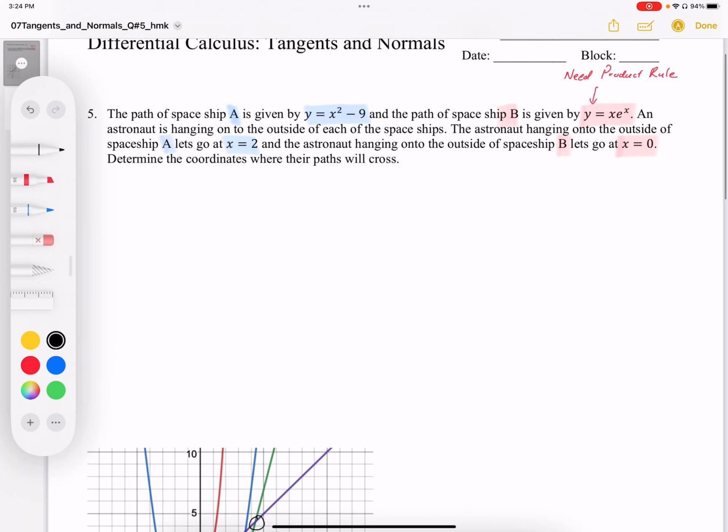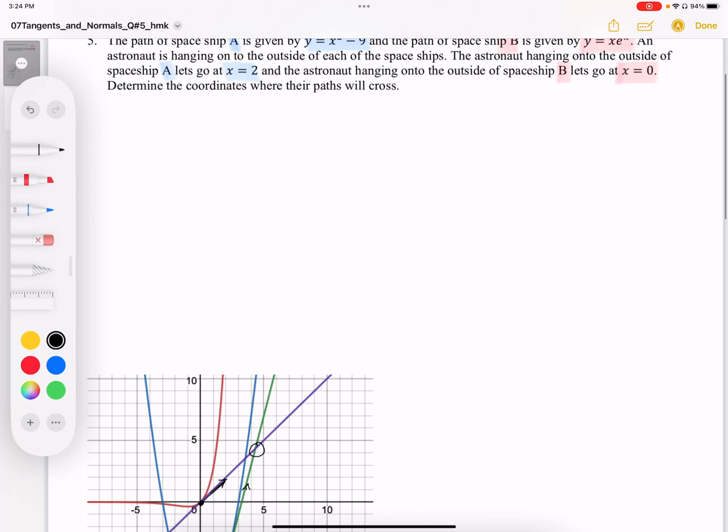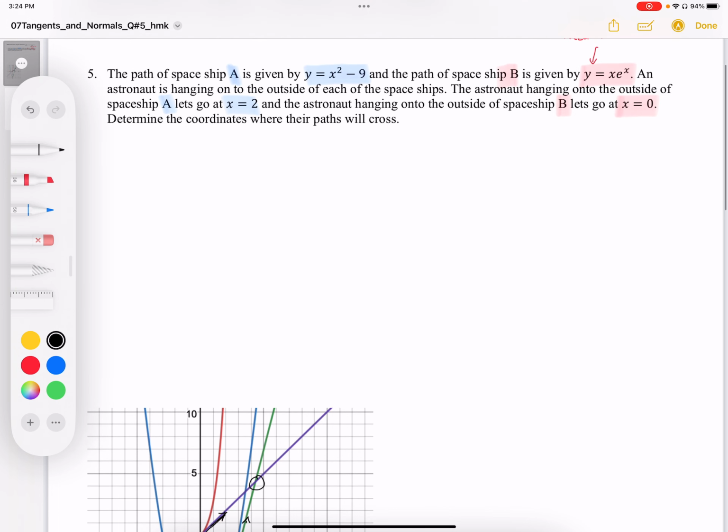Okay, so to do the problem, we need to first of all find the derivatives of each of these functions so that we can calculate the slope values. So I'm going to start off with spaceship A. So y prime of spaceship A, when I differentiate this, I'm going to end up with 2x, and the y prime for spaceship B,